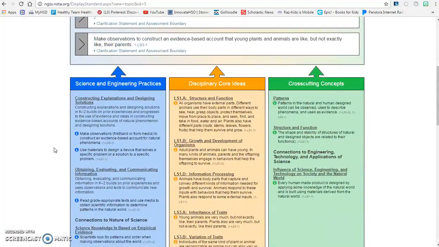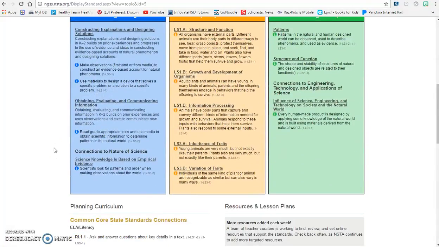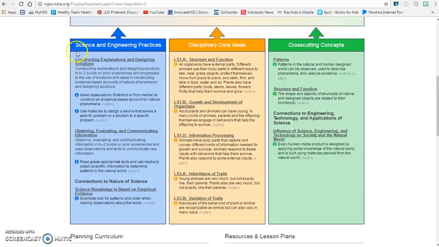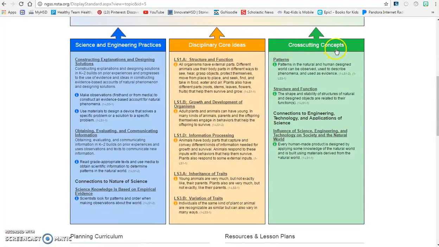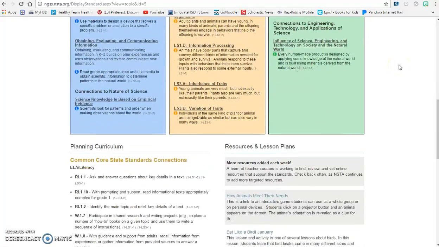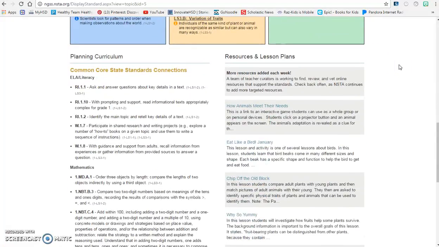And I'm going to scroll down further. This is where it breaks down the science and engineering practices that will be covered, the disciplinary core ideas, and cross-cutting concepts. And if you scroll further down,